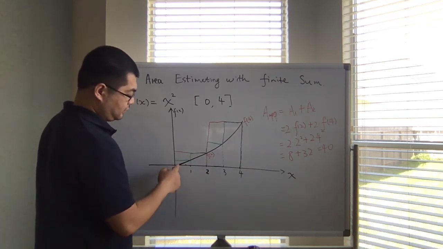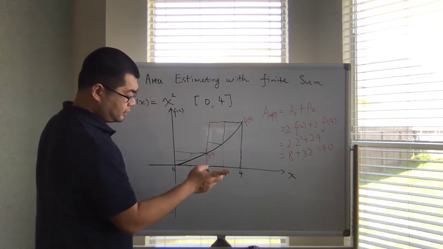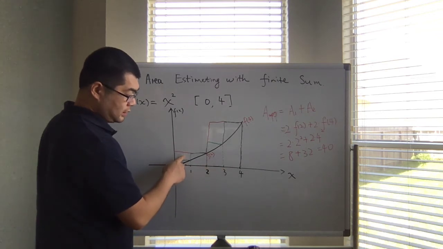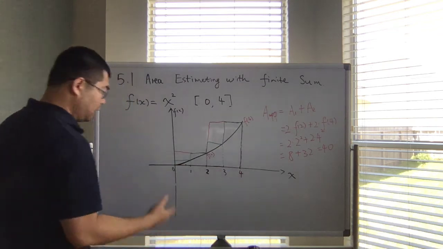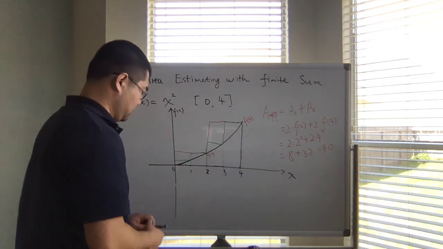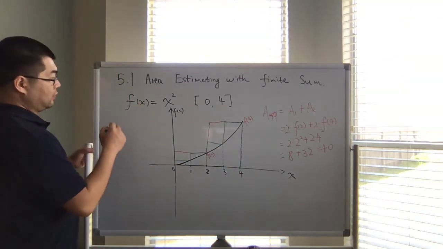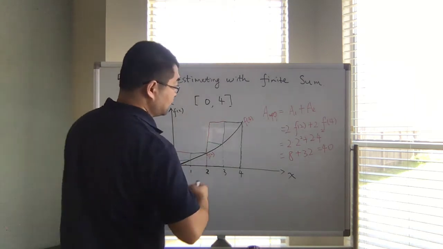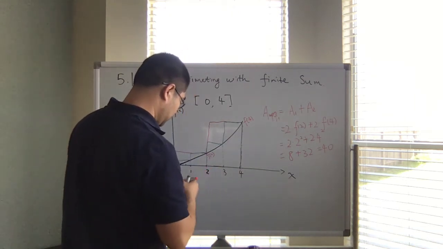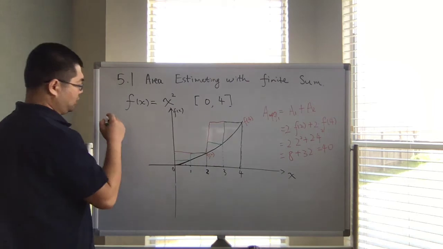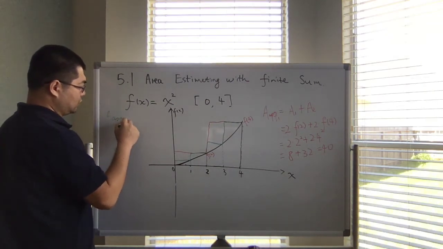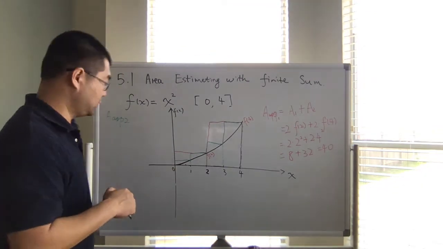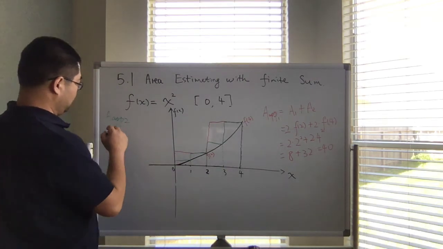Because think about this. Compared to the first partition, this part I didn't consider, and also this part I didn't consider. So how do we do the calculation? Again, let's work on that. If we call this the first approximation, and we call this area APP2,